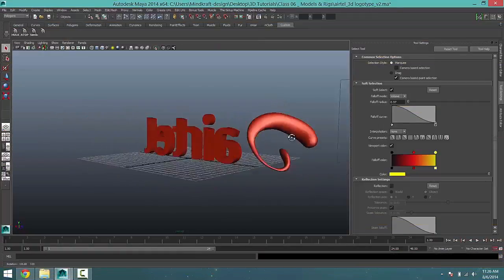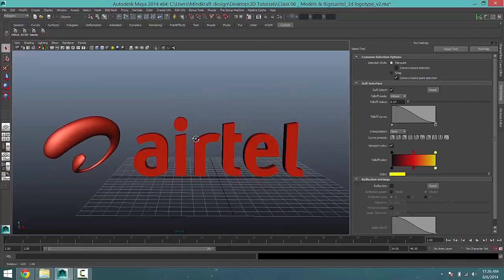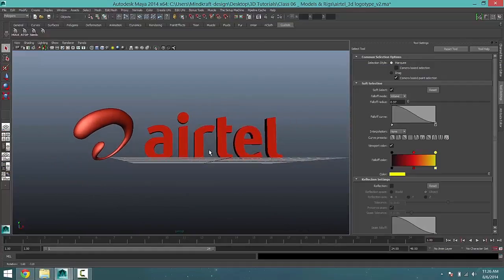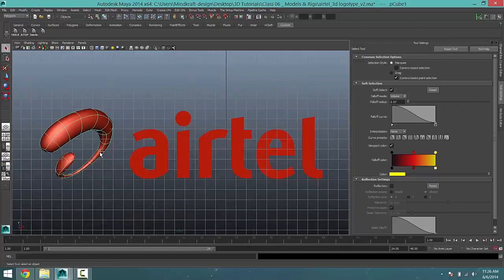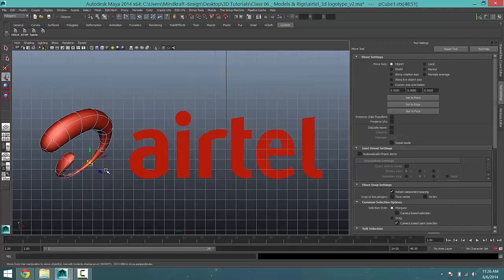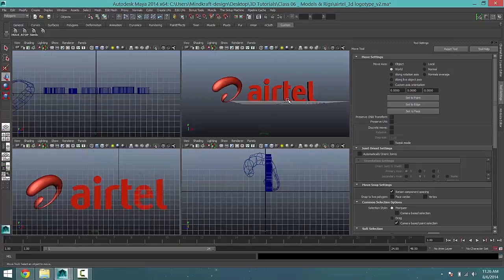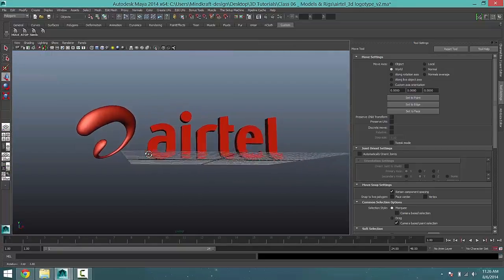Okay, so this is the scene that we began to create. This is the logo for Airtel that we began to create, and we're just going to try and tie it up as best as we can, so we can touch on some other things. All right, so this is the logo that we created, and right now we want to light up this